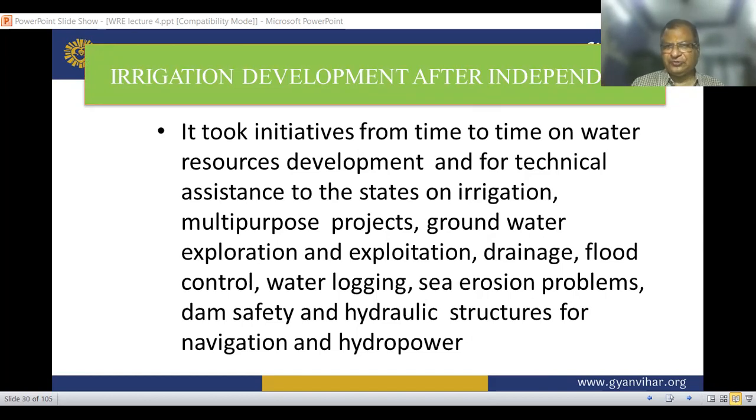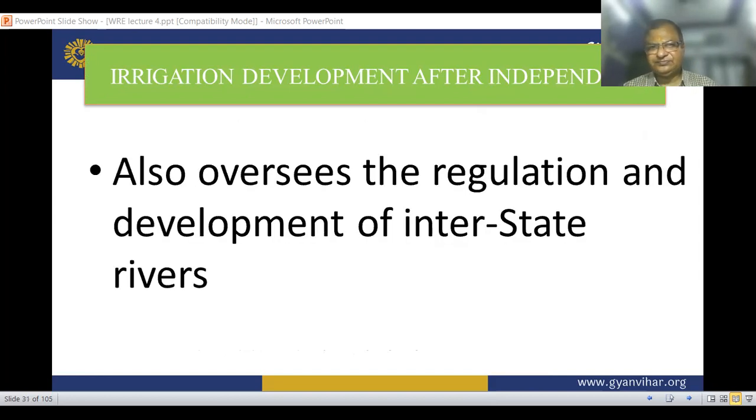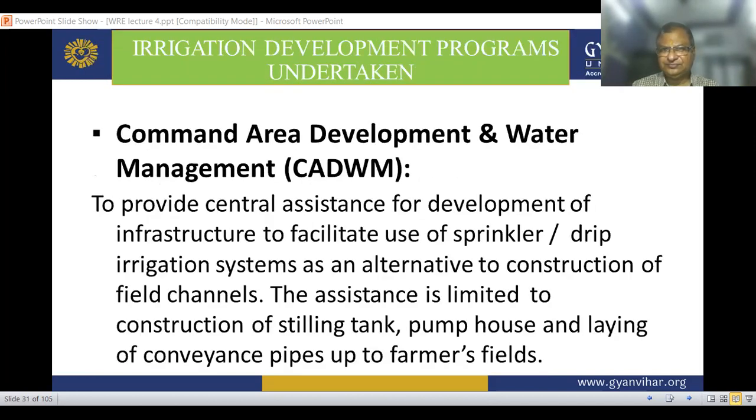So multi-purpose projects, groundwater exploration, drainage, flood control, water logging, sea erosion problems, dam safety, and hydraulic structures for navigation and hydropower. It also oversees the regulation and development of interstate rivers. And now we will discuss the